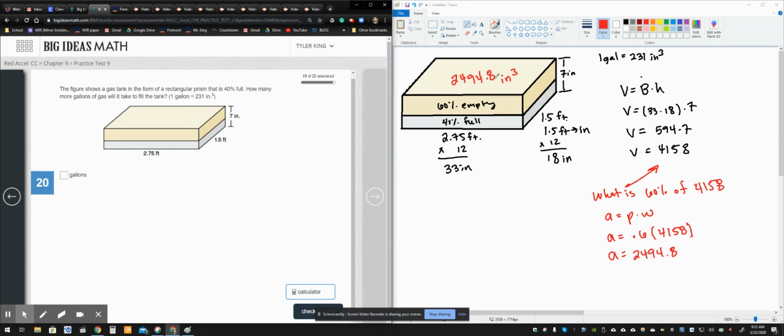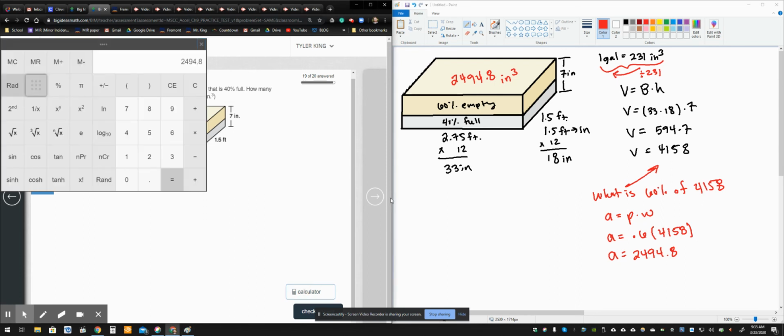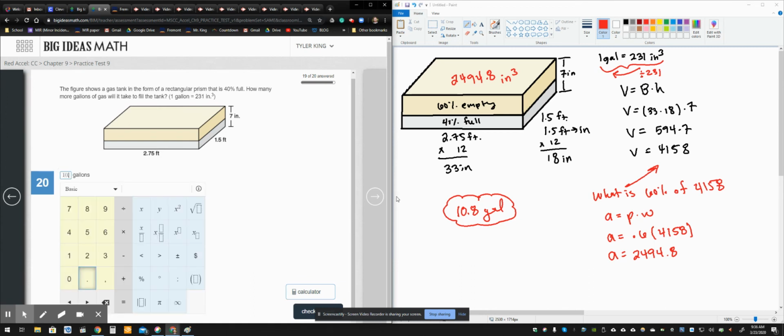Now, because we're looking for how many more gallons of gas it will take to fill the tank, we need to convert these cubic inches into gallons. Good for us, they gave us a conversion right here. So to go from cubic inches to gallons, what we're going to do is divide by 231. So I'm going to take my calculator and divide this by 231, and that's going to be equal to 10.8. So we should be seeing that it's going to be about 10.8 gallons to fill up the rest of this tank. Let's go ahead and check our answer here. And we are